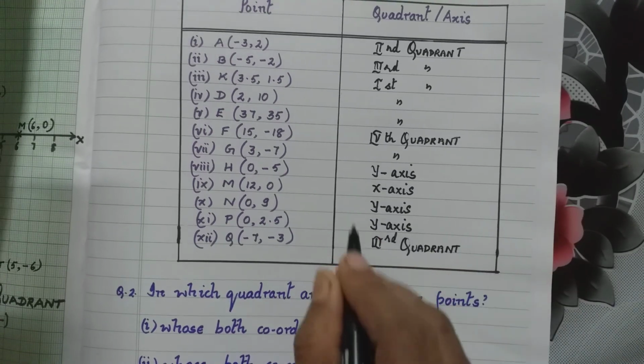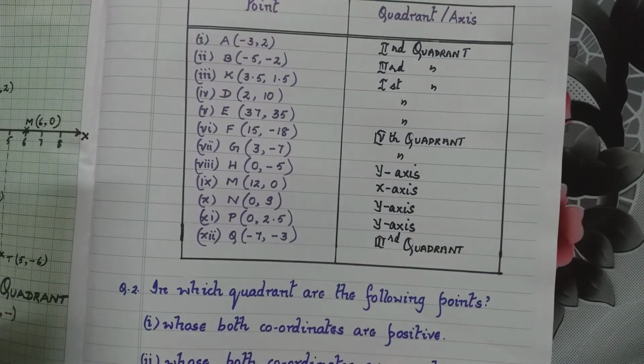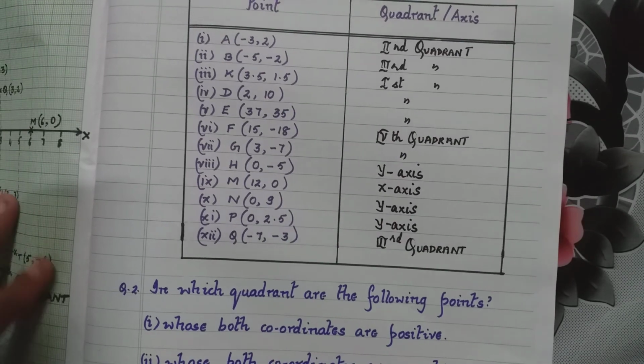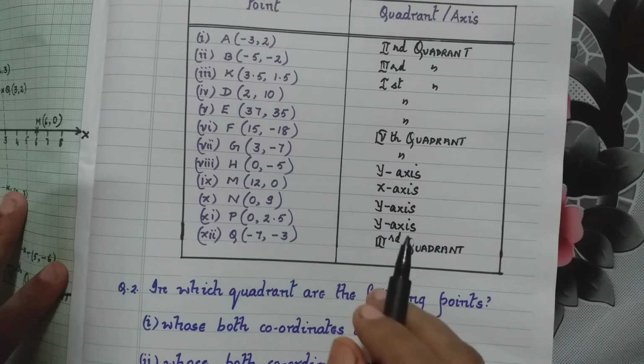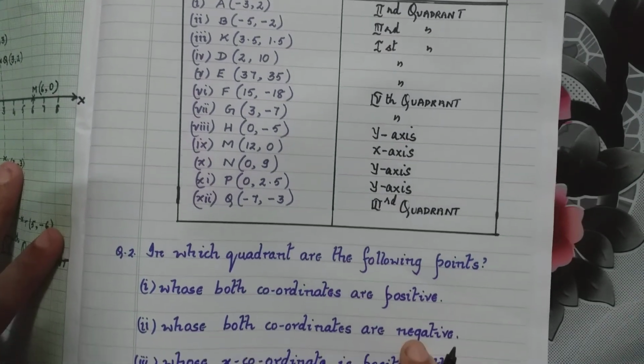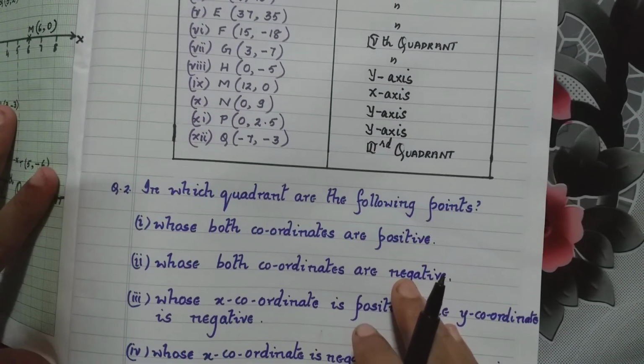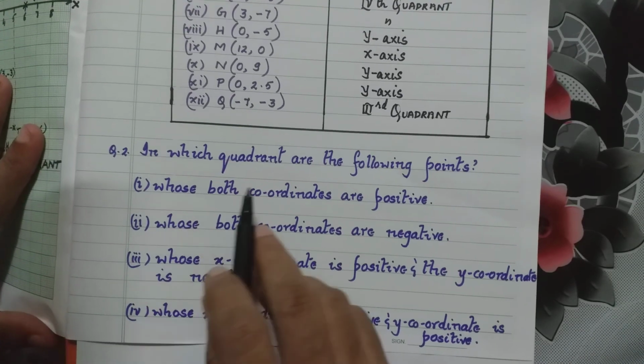So this is followed when identifying each point, in which quadrant or on which axis it lies. Going to question 2, we have here